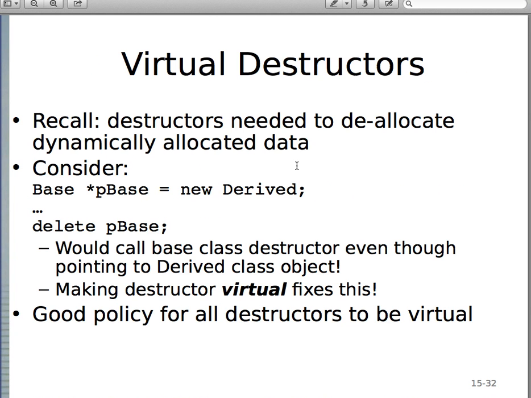And destructors work in a similar way. So remember that destructors need to deallocate dynamically allocated data. So if you have something like this, let's say you have a base class and a derived class, and you set pointer to base pbase is equal to new derived, which you can do because of polymorphism. And then you delete pbase, this would call the base class destructor. Even though this pbase is pointing to a derived class, it would call the base class destructor